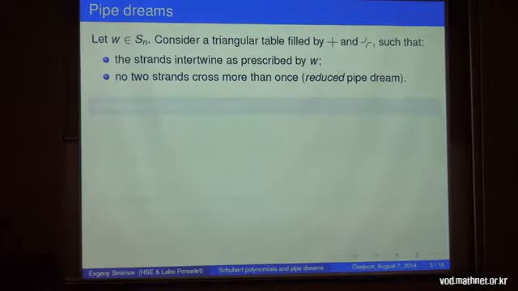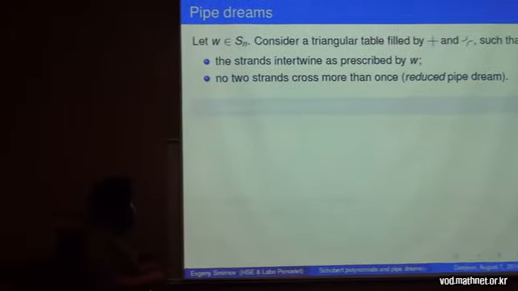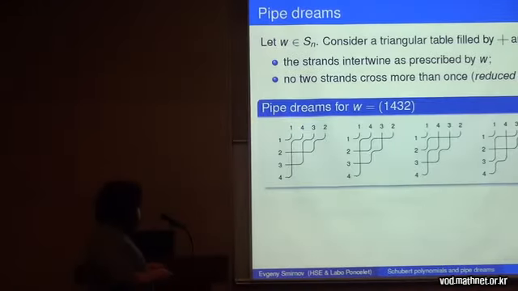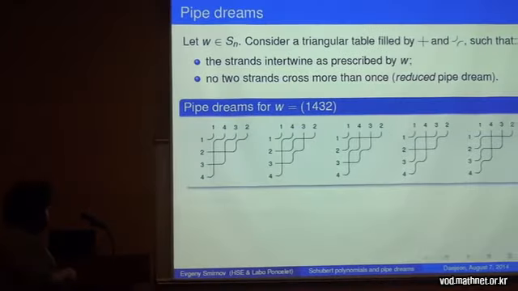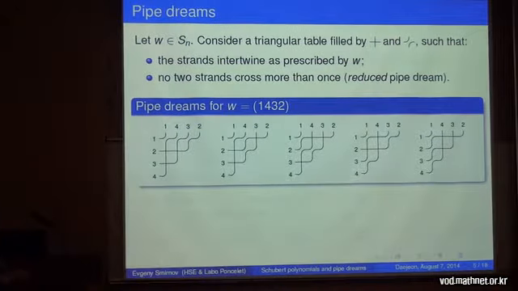Okay, so now some combinatorial game begins. So let me fix a permutation in n letters, and having such a permutation, I would like to construct pipe dreams corresponding to this permutation. These are pictures of the following type. They are formed by elements of two types, crosses and things I call elbow joints.